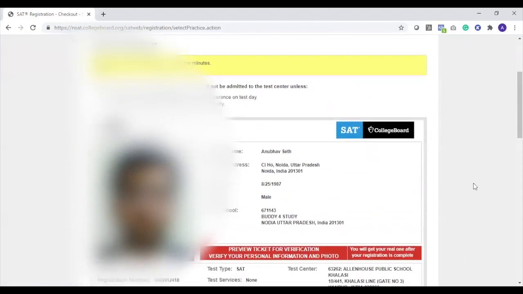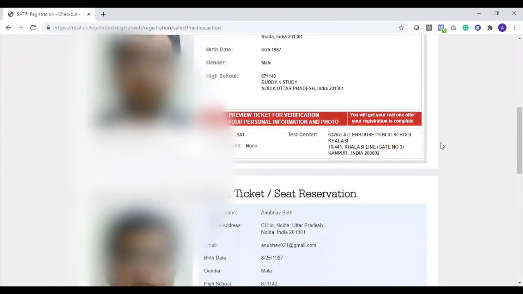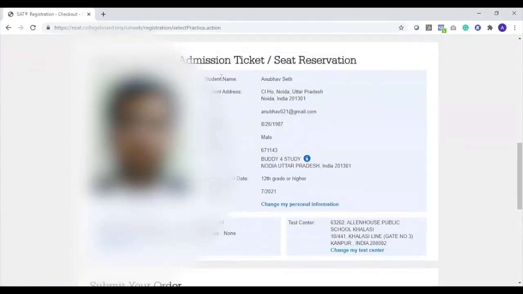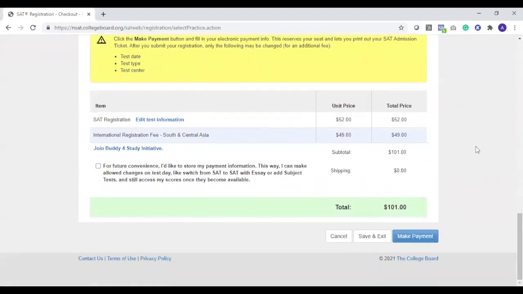So now you have arrived at the overall part where you see the entire application. Just check it with respect to all the details that you have filled up. It's very important. And all these details should be cross-checked multiple times because these details are going to be present on your overall form, and these are the details that are going to be present on your admit card. So please check all those details because they are very, very important.